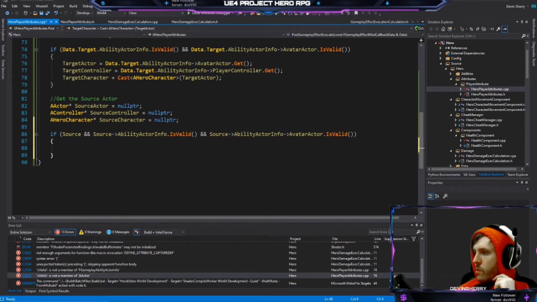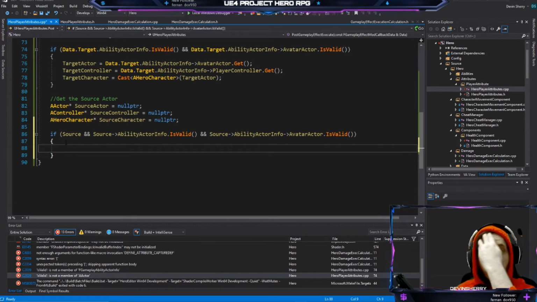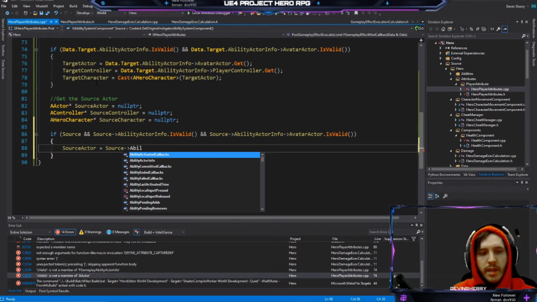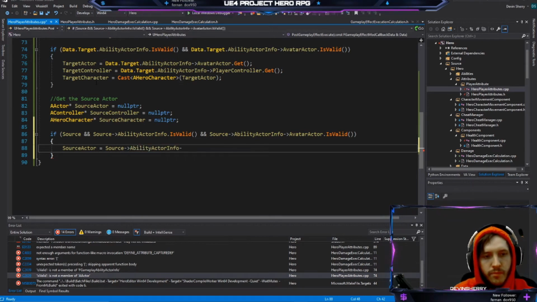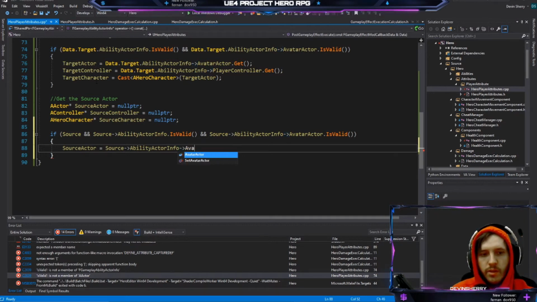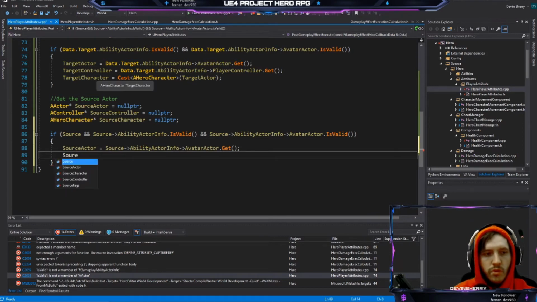But once this is done, we can get back to the actual part that we were working on at the very beginning. So we got all this nonsense. So source actor equals source ability actor info avatar actor dot get, source controller